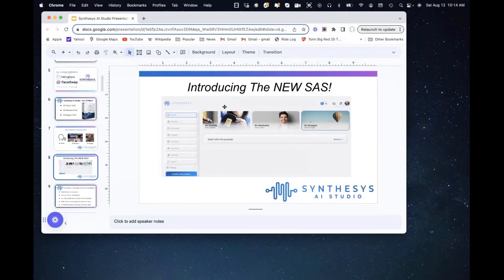All right, so what we're looking at right here is the new members area, or the new collection of tools for you. It's a really beautiful interface. In fact, I just heard from Ray, the video guy, who commented on that in one of the groups that we're in, and he was really blown away by how easy it was to use this new interface. Across the top are the voices, the humans, the images, and I'll be showing you those in the demo in just a minute. On the left-hand side are all the things that you need to do with those, like you could find your old work, you can get support, you could look at your account, that sort of thing.